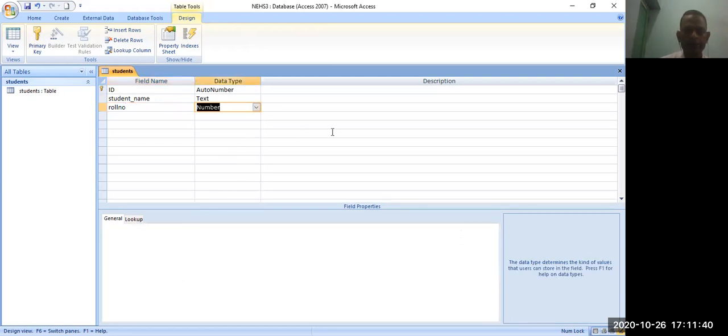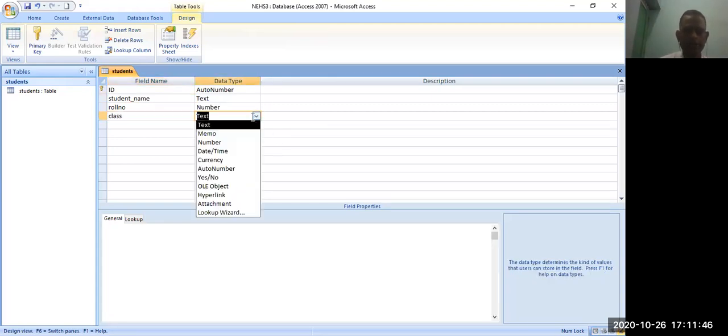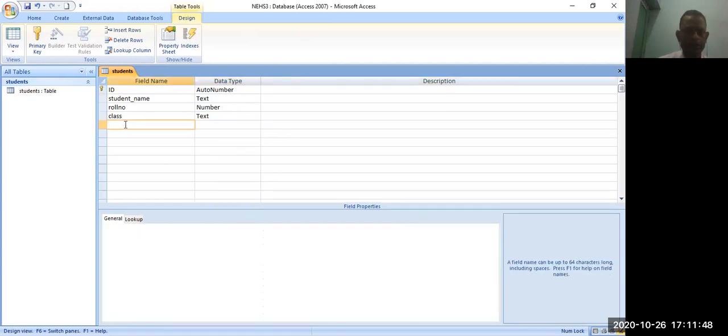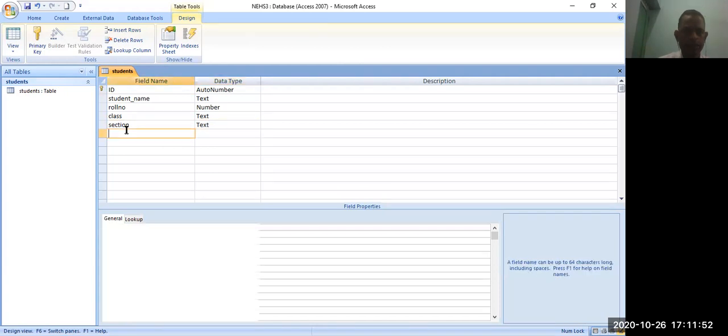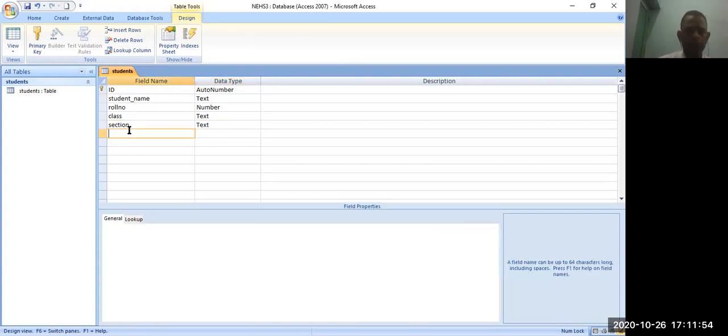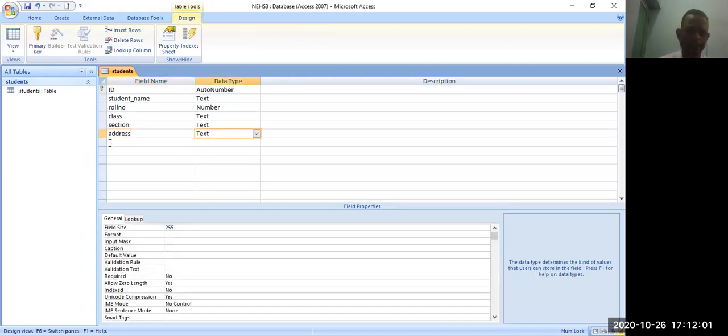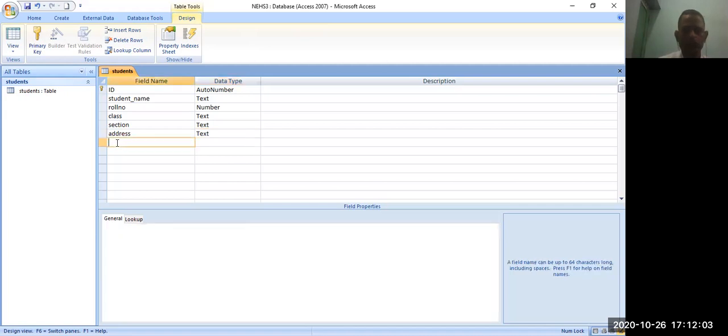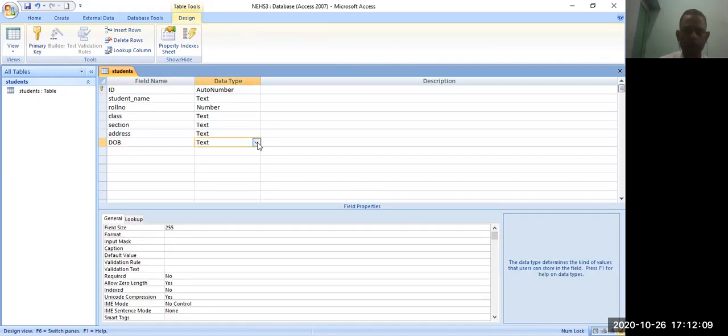Class you can select as text, section also text, and address, because it should not be more than 255 characters, you can select text. Date of birth, choose the appropriate data type.